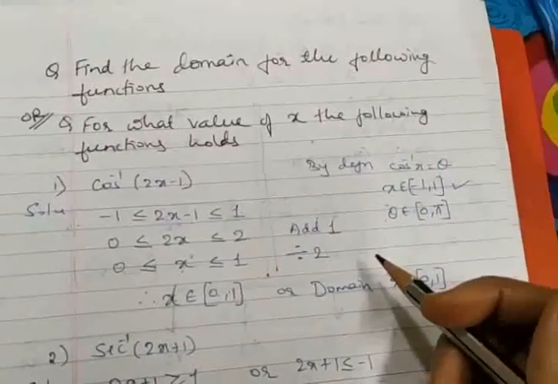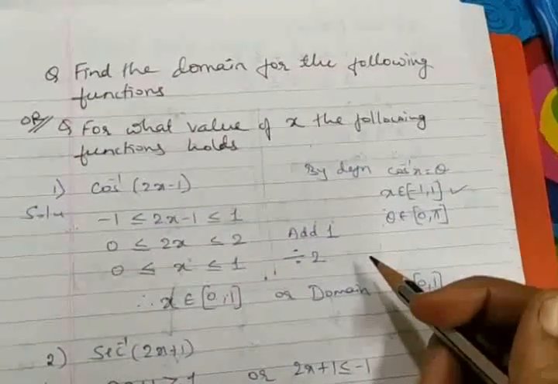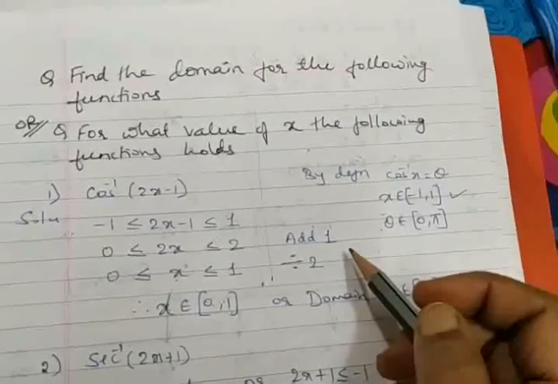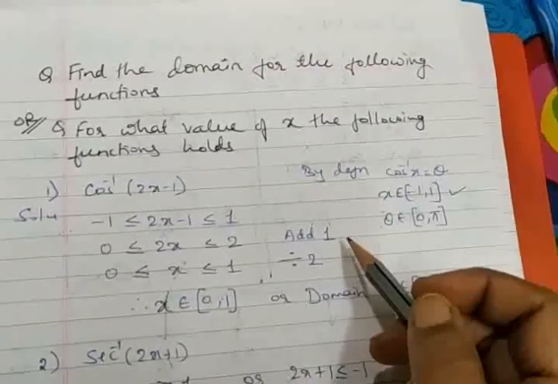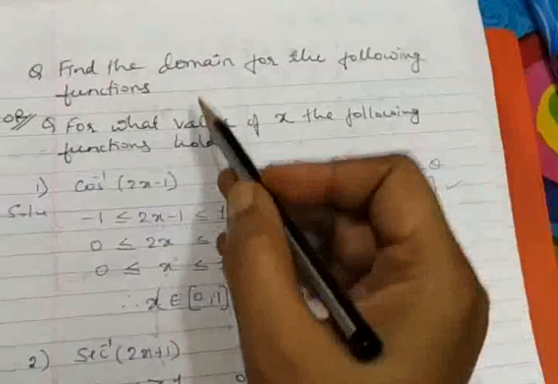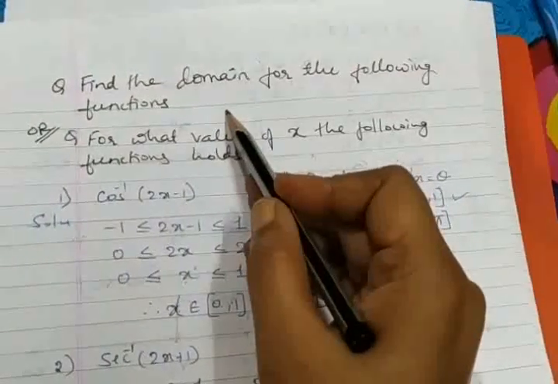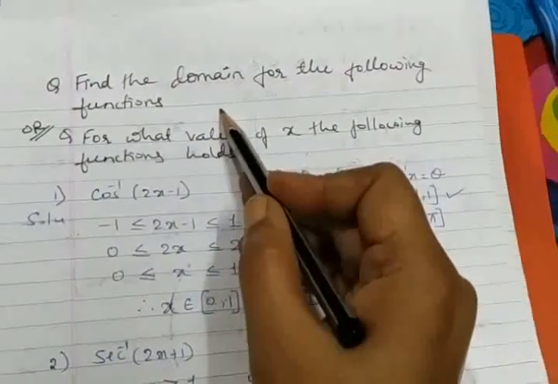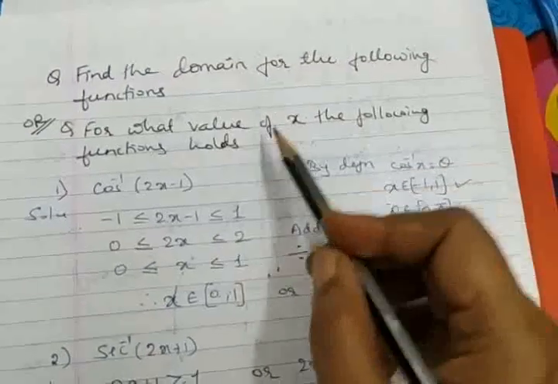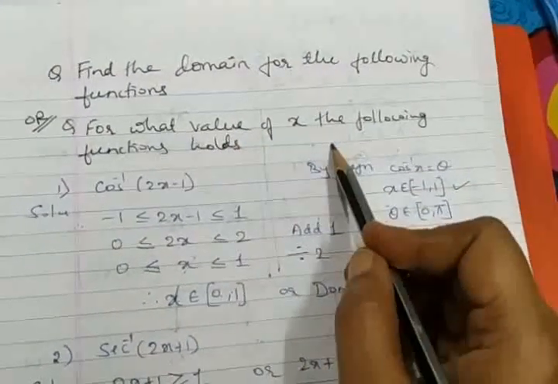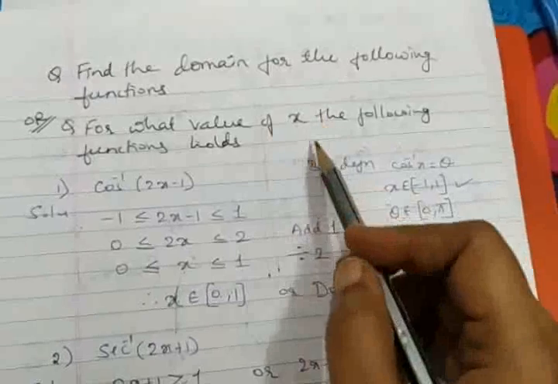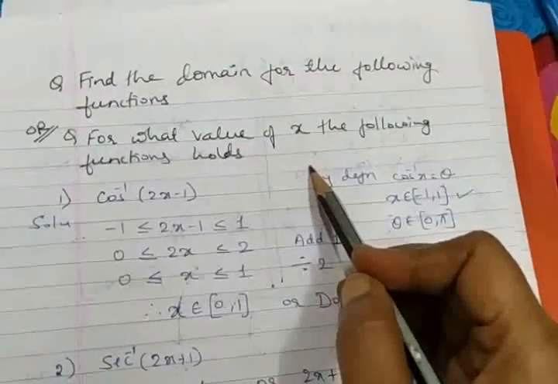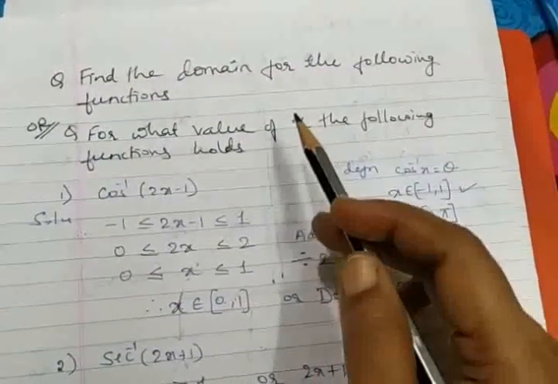Hello students. As I mentioned in the previous video also, that's the last pattern of the question, how to solve for x. But apart from this, finding out the domain. Recently I gave you a set of questions for you to solve, and you might have seen this type of question: for what value of x. That means the domain has been asked. And to solve this question, let me give a clear picture.